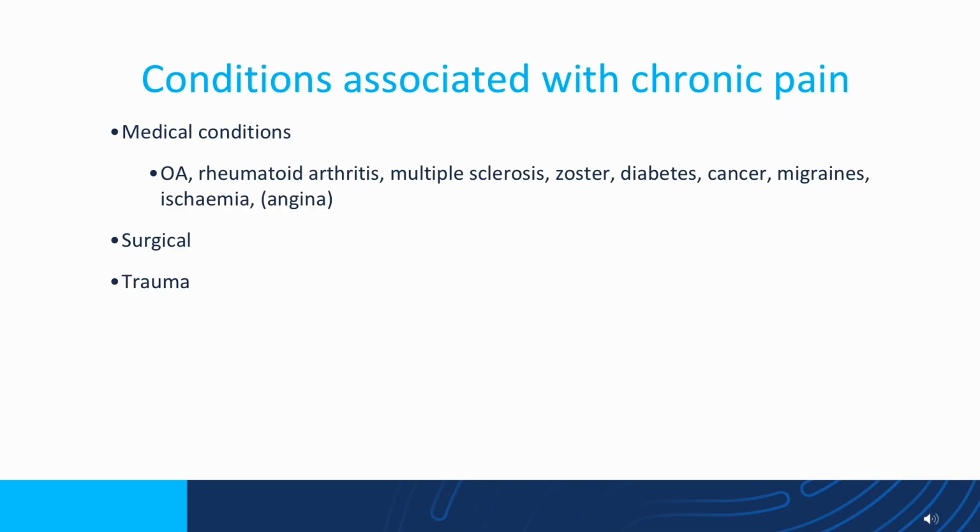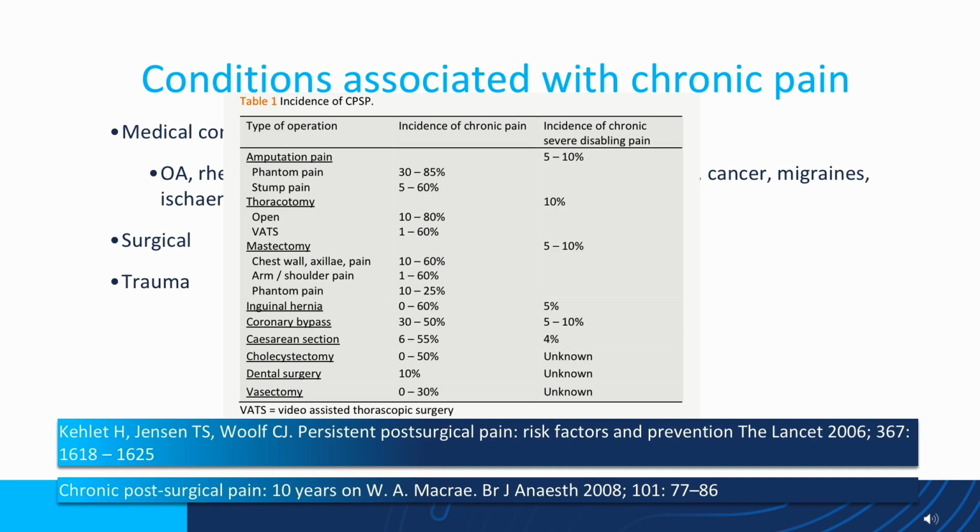Now, this doesn't mean that they shouldn't be getting treated for proper ischemia, but those refractory ischemias without any blood vessel compromise can have some forms of neuropathic pain. And of course, surgeries and traumas can lead to pain. Just a reminder of some surgeries that can have high levels of chronic pain.